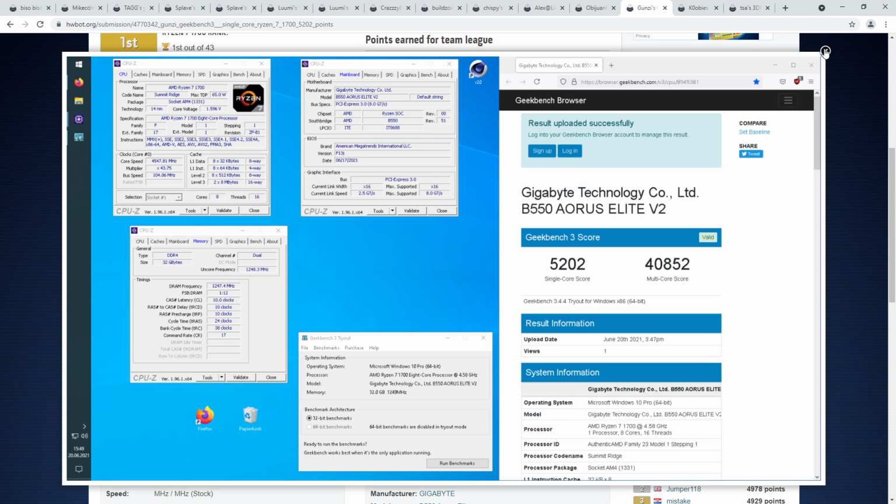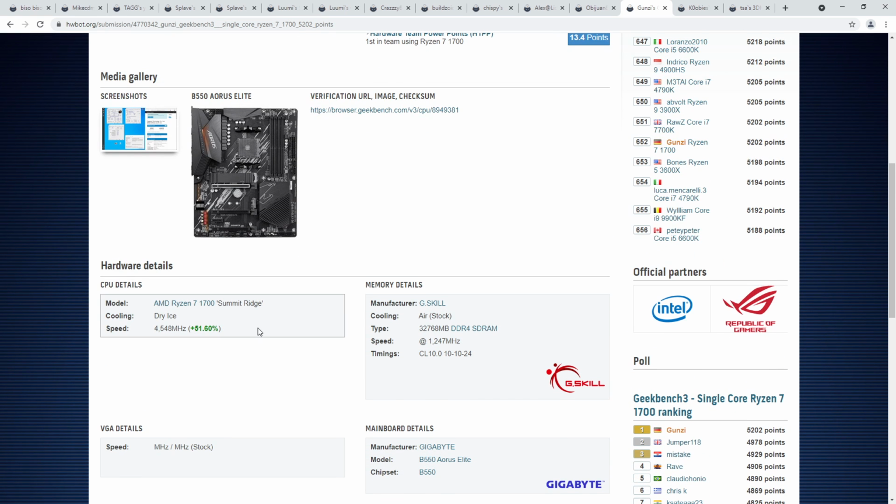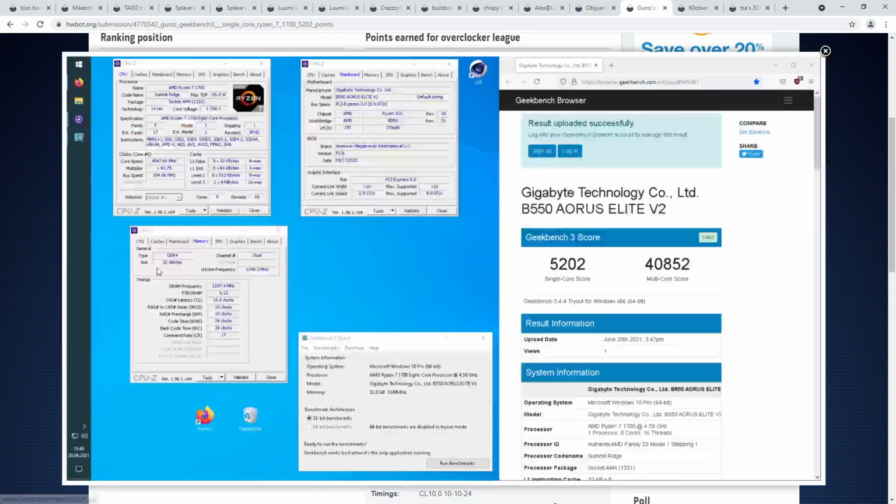Yeah, so very, very impressed. Cool score from Gunzi here on the dry ice cooling with that Ryzen 1700. I'm surprised they didn't manage to push the memory timings lower, because BDI is actually capable of lower memory timings at those kinds of frequencies. The thing is, the memory controller might not even allow you to do that. When the memory controller is very upset about anything, it manifests as both you can't clock very high, but a lot of the time you also can't lower the timings as low as you would otherwise be able to go, so...